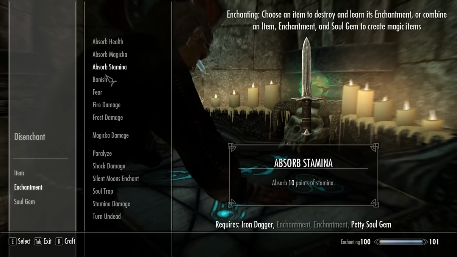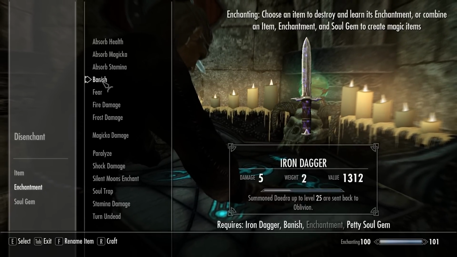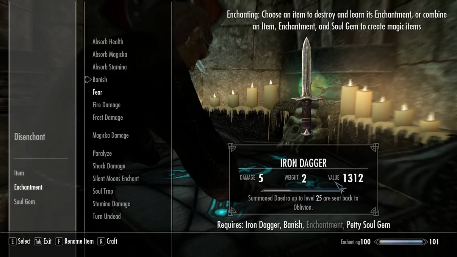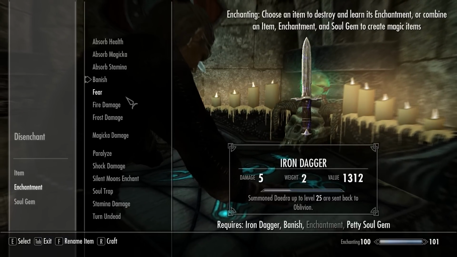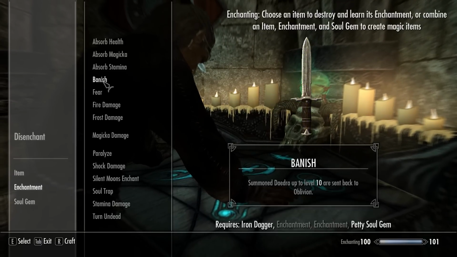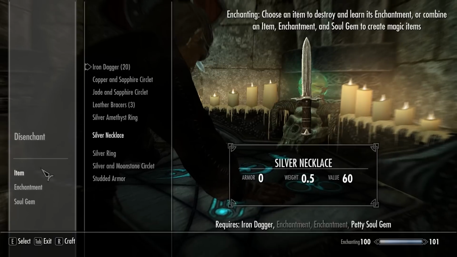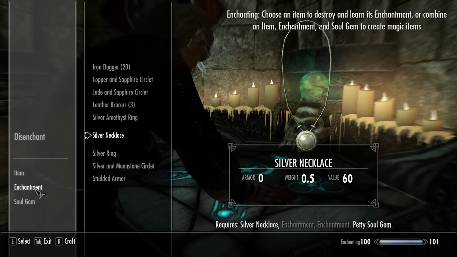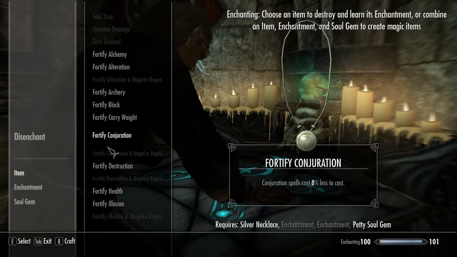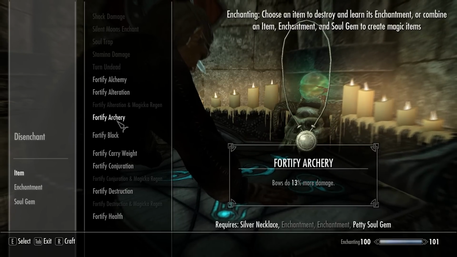Don't throw that item away. Make sure you come disenchant it, because Banish is one of your most valuable enchants, purely from the perspective of enchanting an item and selling it. So as you level enchanting, getting this enchant and slapping it on weapons is one surefire way to get a boatload of money. And then to take a look at the non-weapon enchants, I believe Archery and One-Handed are the